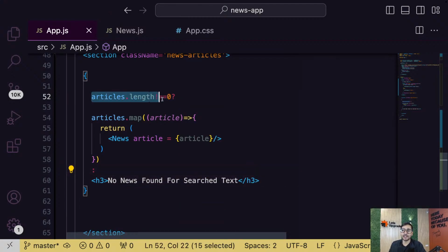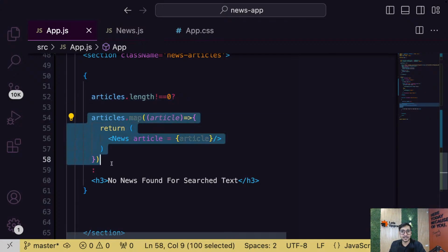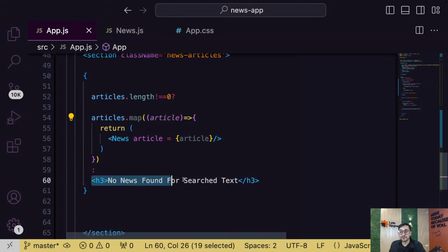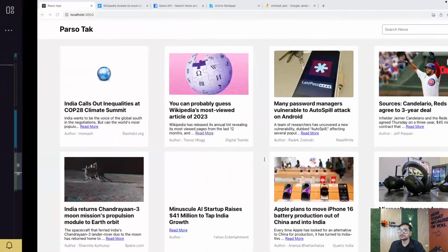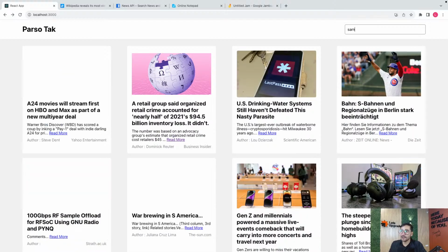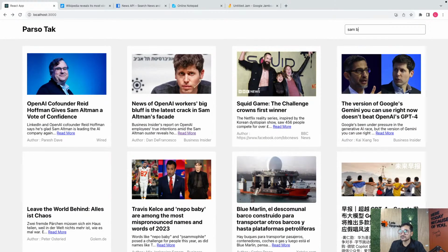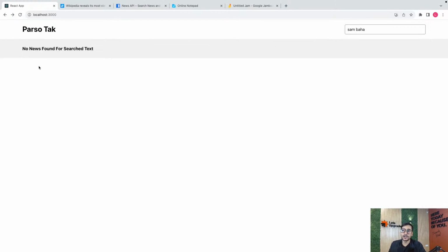So if articles.length is not equal to 0, that means you got some articles, then display, loop it. Otherwise, simply message no news found for your search thing. Okay. And now if you test it, guys, if I type Sam, you got the news. If I type Sam Baha, see, you get no news found for the search text. It's a good message to have, right, everyone?